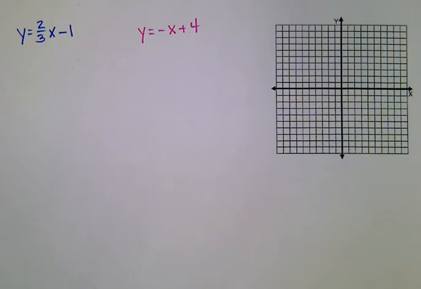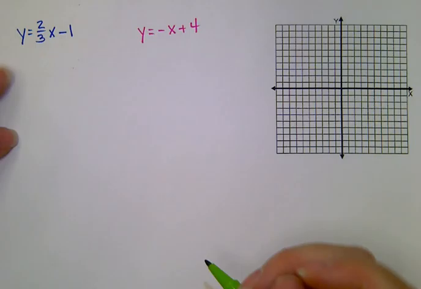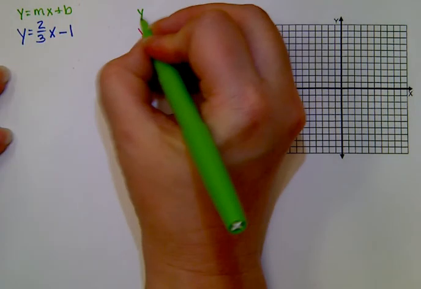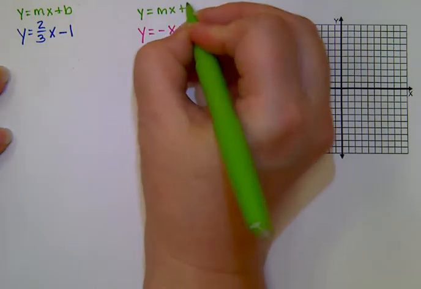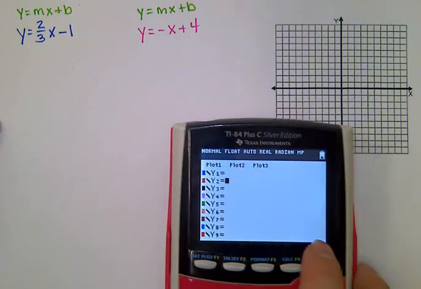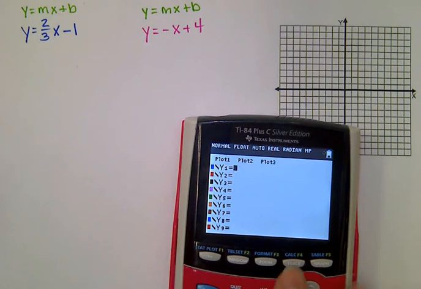This video will show you the steps to graph linear equations that are already in slope-intercept form, or y equals mx plus b form, using your graphing calculator. As you can see, we have two equations here, both already in y equals mx plus b form. Because they are already equal to y, I can put them directly into my graphing calculator in the y equals button. Y equals opens this screen, and in y1, let's put our 2/3 x